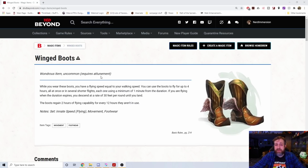Access is an uncommon magic item, so if your DM's a stickler for the rarity system on what's rare and uncommon, this should be relatively easy to obtain over some other items. It's equal to your walking speed, so if you have some way to improve that, whether through racial abilities or class features, and you can fly for up to 4 hours total. Unless you're doing some really long distance flying for overland travel, 4 hours will probably get you through almost any regular day. Even with you flying, combats don't last that long, but you have to spend them in 1 minute periods at a time, and then